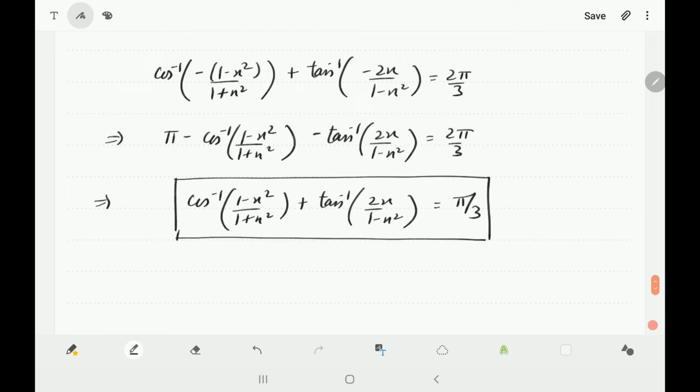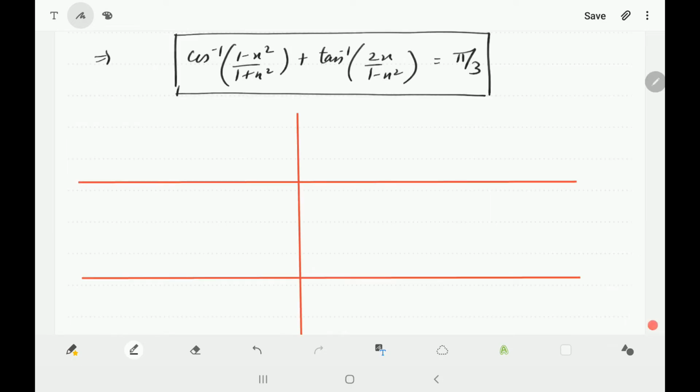Now let's try to solve this problem. There are two ways, either you can put x is equal to tan theta, or you can draw the graph of these two functions and simplify. Both of these two graphs are dependent on the graph of 2 tan inverse x. Okay, so I am drawing both the graphs. I'll just be drawing these two graphs one above the other, because then it will be easy for us to add both these functions. Okay, so for cos inverse 1 minus x square upon 1 plus x square, the graph is like this. If you remember, its range is from 0 to pi. Okay, open interval, 0 close and pi open interval.